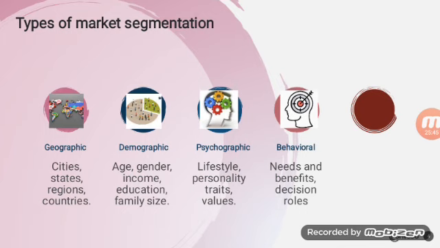So the products or services that we cater to people in a remote area would be different from the products and services that we offer to people living in the city. That is an example of psychographic. Some of you might feel, teacher, I need more explanation and more examples on psychographic. You need to do a tutorial on that part. At the end of this topic, I'll let you know what you need to do. Don't get a heart attack. Let's come back to behavioral segmentation.